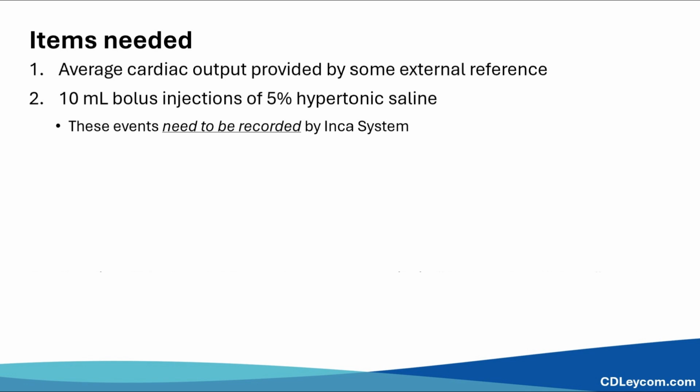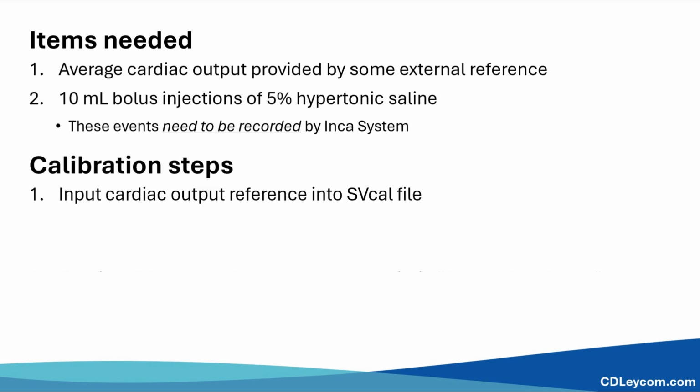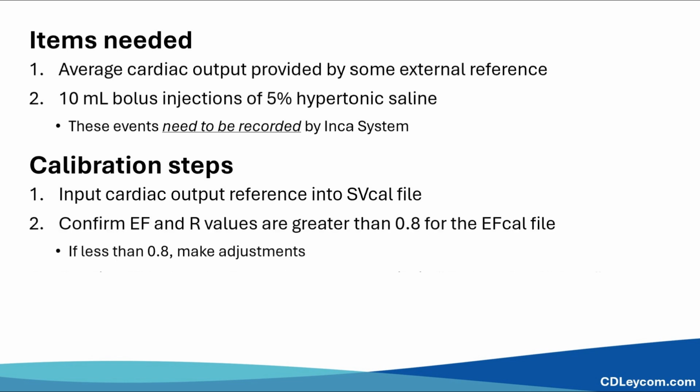If the dedicated cardiac output reference file and hypertonic saline files were not saved as SV-Cal and EF-Cal files during data acquisition, these will need to be changed within the volume calibration window. We will then view the SV-Cal file and input the cardiac output value determined by the external reference into the cardiac output reference column. Likewise, on the EF-Cal side, we will look at the hypertonic saline files and confirm that